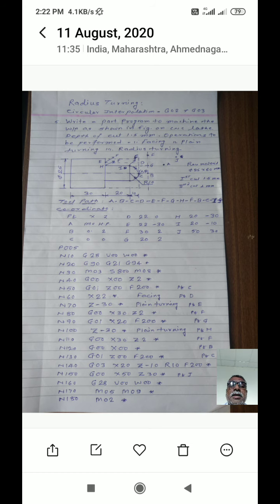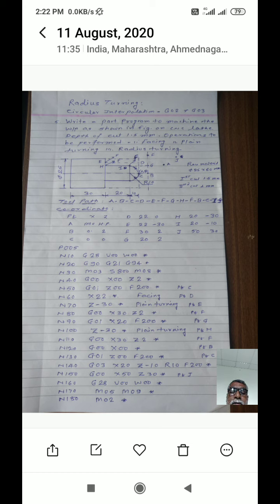We will study this with the help of one example. Write down the problem. Write a part program to machine the workpiece as shown in figure on a CNC lathe.